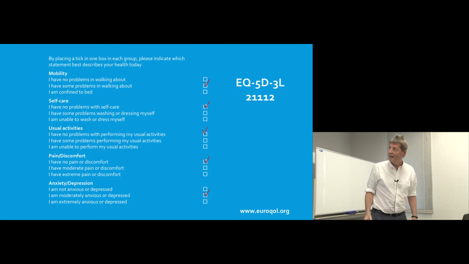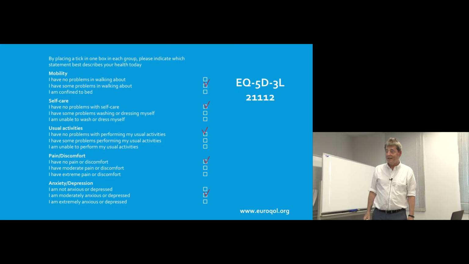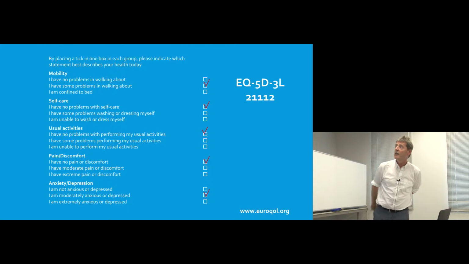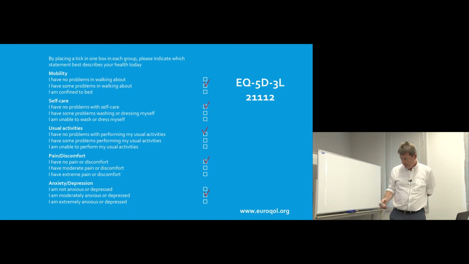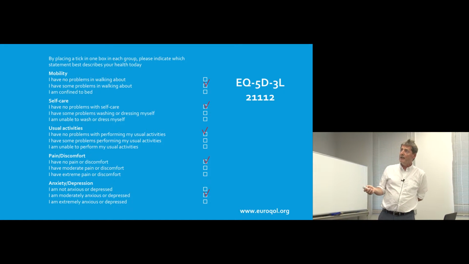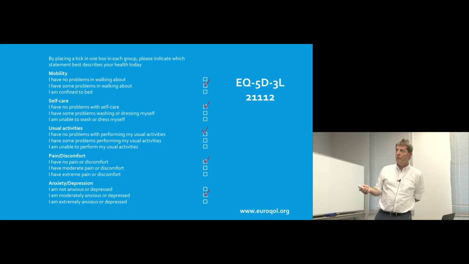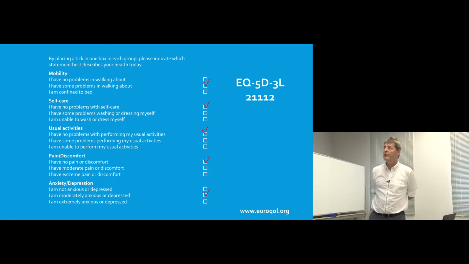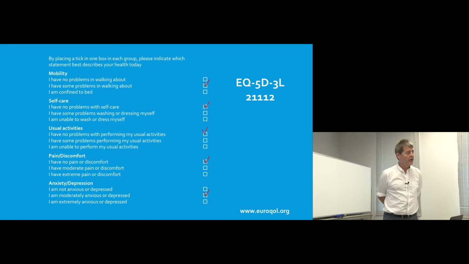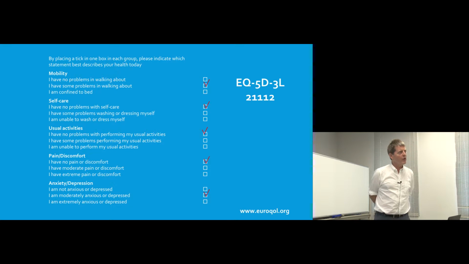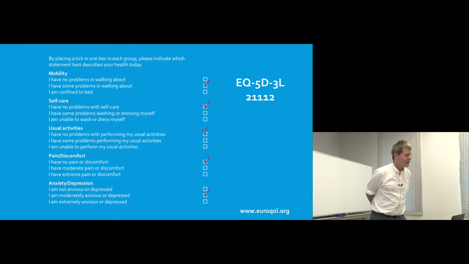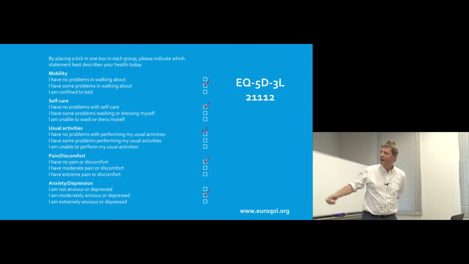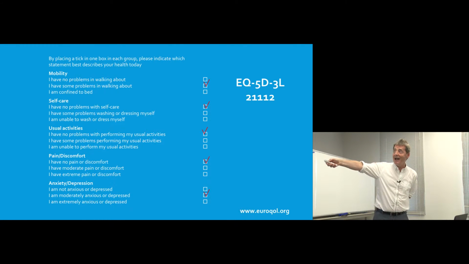So what does it look like? Well, this is it. It's not any more complicated than this. The question that people are asked at the outset is, by placing a tick in one box in each group, please indicate which statement best describes your health today. So it's not which statement is an absolutely accurate description of where you are, it's which is best. So which, if you like, even which is the least bad, which of these is closest to where you are